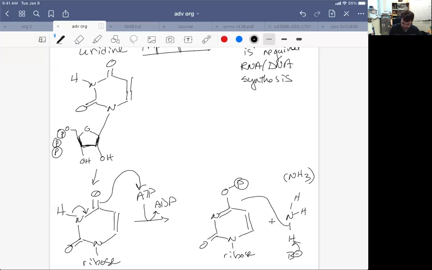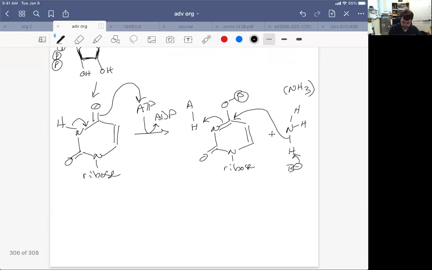We're going to have electron density adding to this carbon-nitrogen double bond as an acidic residue is lying close by that basic nitrogen atom. Okay, so the point is when we have this phosphate bonded to an O bonded to a carbon-nitrogen double bond, we now set that up to act like a carbonyl where we can add and then eliminate. In this case, we're going to eliminate the phosphate as a good leaving group. So what does that look like? Well, we're going to add here,